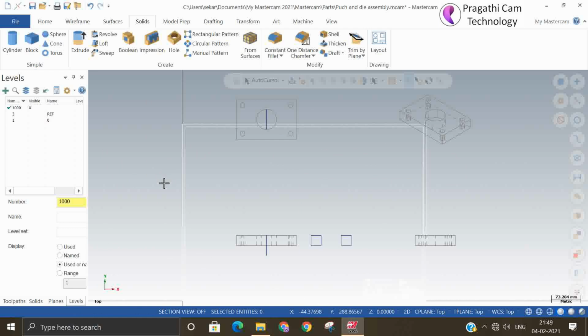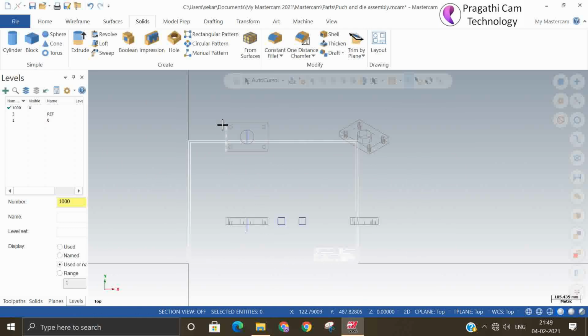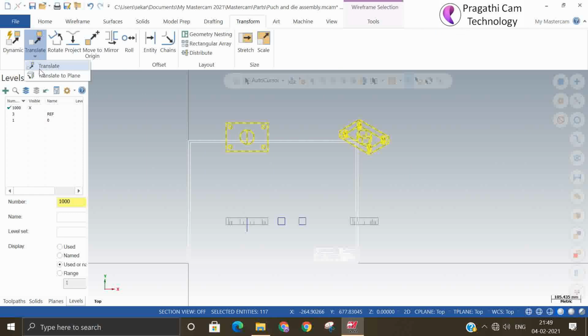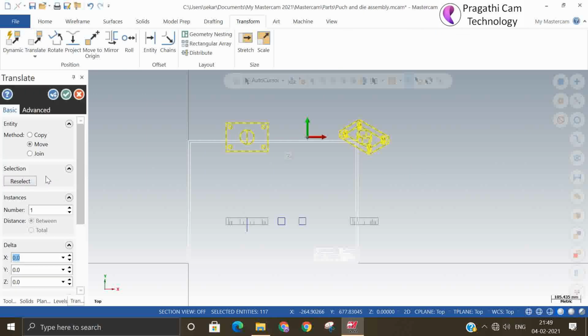So now you can align this drawing. We can select this top view, and I will say translate. You cannot get hi-fi drafting here, but whatever minimum is required you can do it.